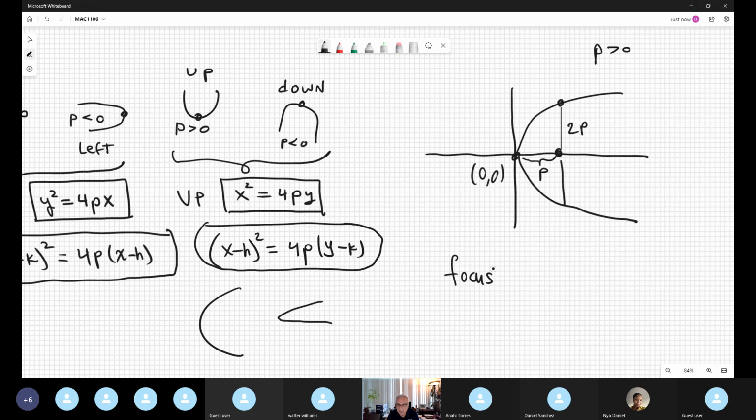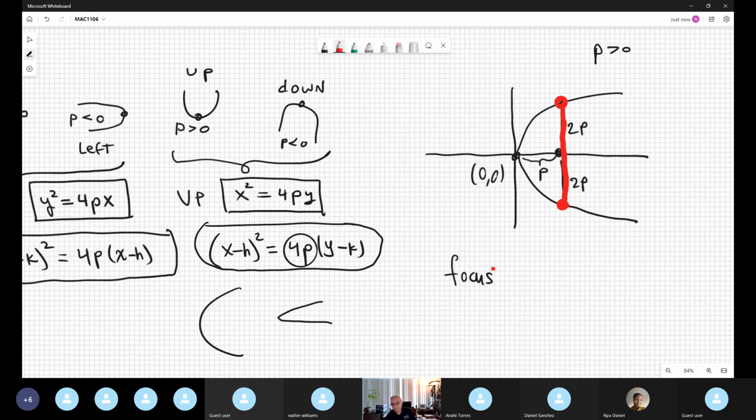And this distance is p. Together it is the famous 4p that you see in the equation. So 4p represents, guys, the focal diameter. It's the technical name, focal diameter, which is a segment